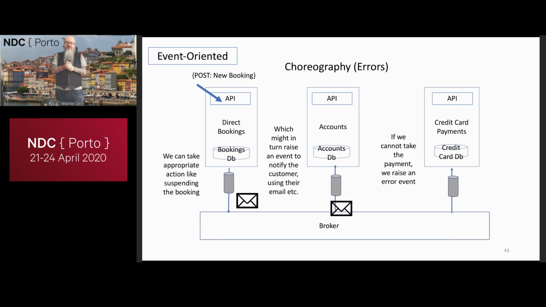And the event-based model says, I, as the publisher, have no awareness of my subscribers. I simply know that effectively my job is to publish these events and that other people take action. And that means we have a lot of decoupling between our systems. The disadvantage is that it's very hard for anyone to understand what state this booking is in. That's a traditional problem with the pipeline architecture.